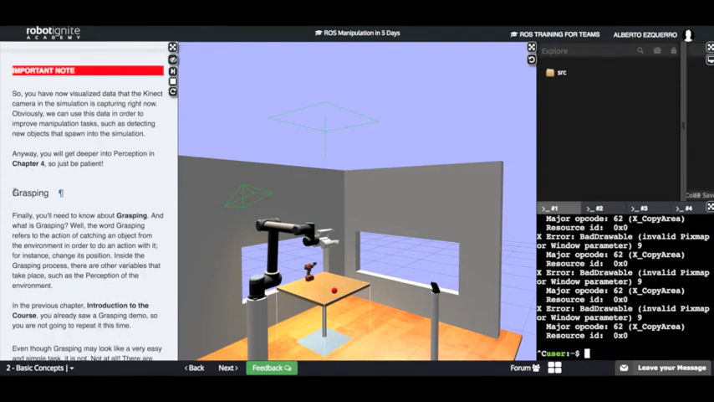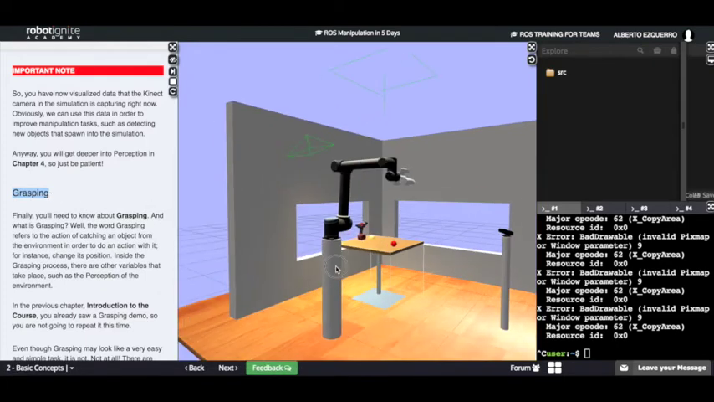And of course, finally, you will need to know how to work with grasping. And what is grasping? Well, grasping refers to the action of catching, of getting an object from the scene, from the environment, for instance this ball here,